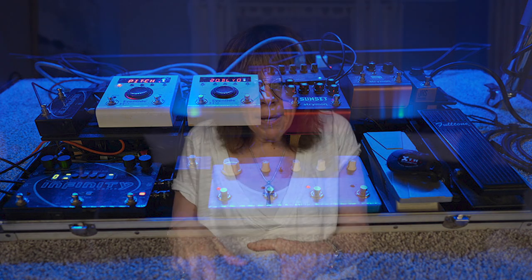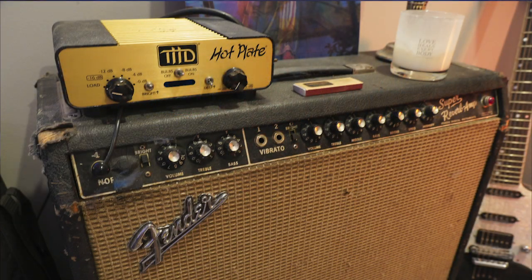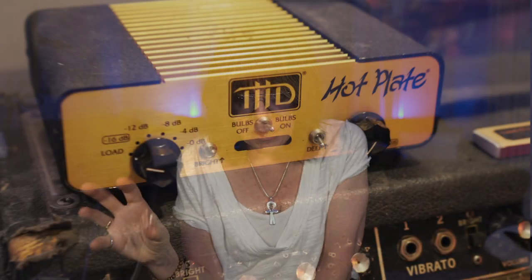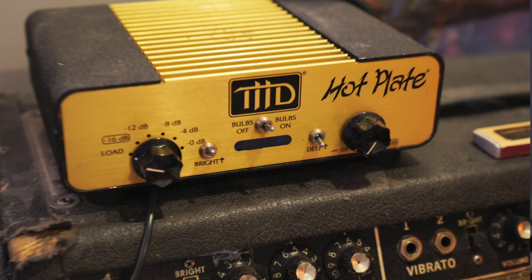I go into my pedal board, my boost and my wah and my compressor and my overdrive. That's my main sound, and I go out of that into my Super Reverb amp. Sounds pretty straightforward. But then I need to get it into my studio. From there, I go into a dummy load, which means that